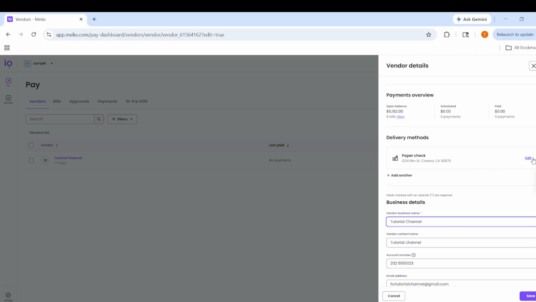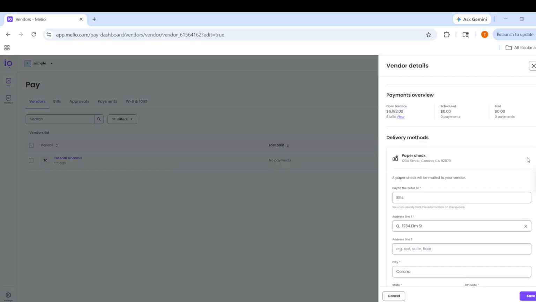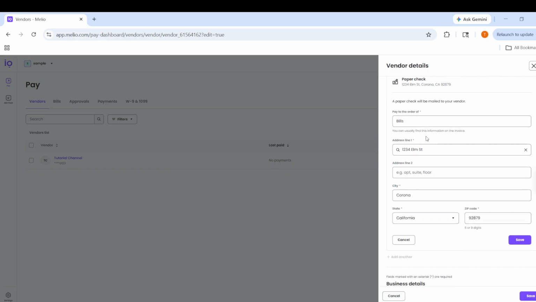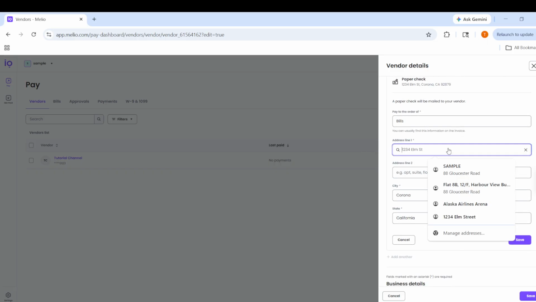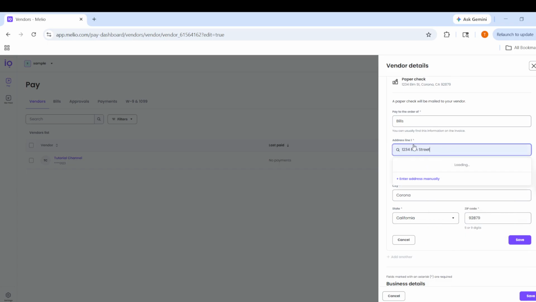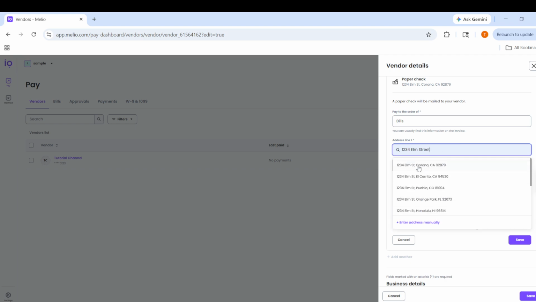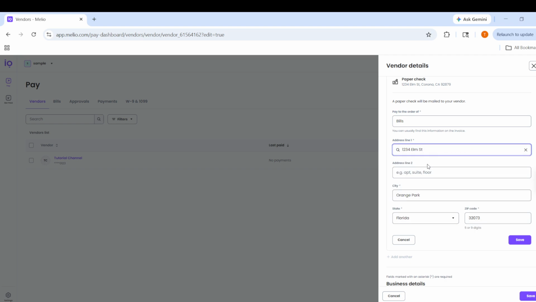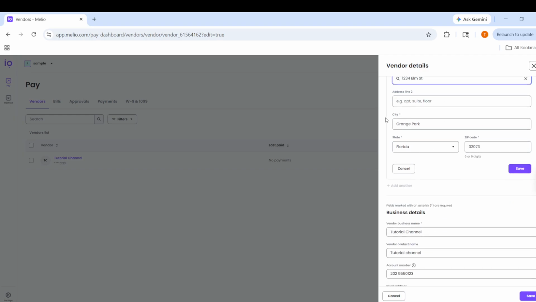After you select check as the payment method, review the payment details carefully. Look for the section that shows the check delivery address. This is the address that will be used to mail the check. Before you move forward, confirm that everything is correct, including the street address, city, state, and any other address lines that appear. Double-checking the delivery address helps prevent delays and ensures the vendor receives the check where it should be